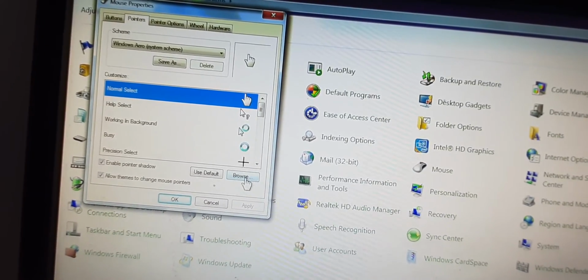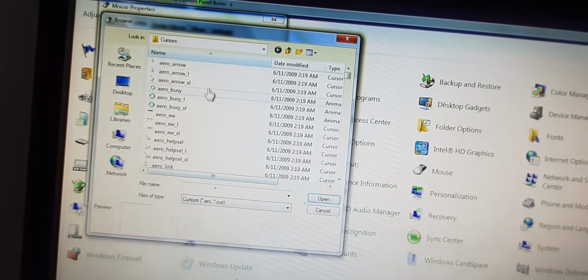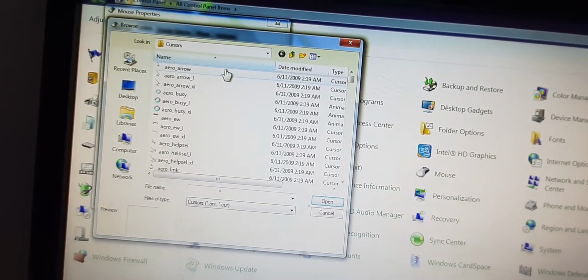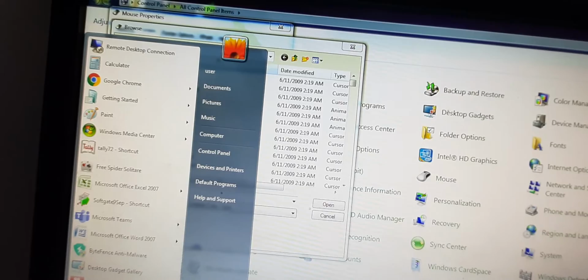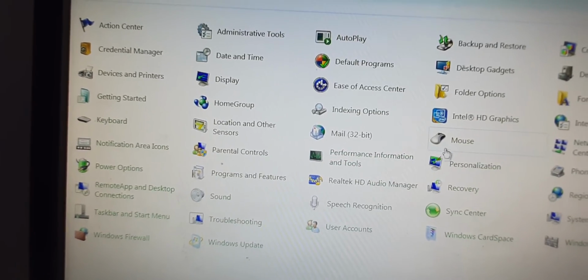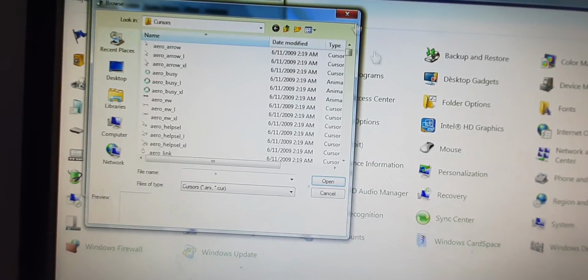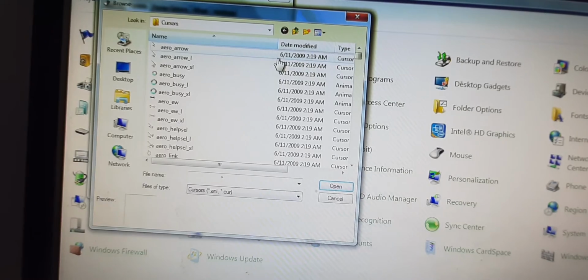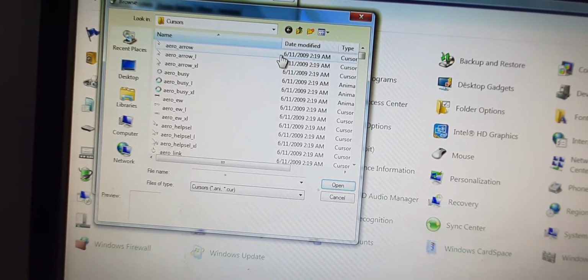Again, if we want to change, so what we will do, we will choose normal pointer, we will go to mouse and we will choose arrow pointer.